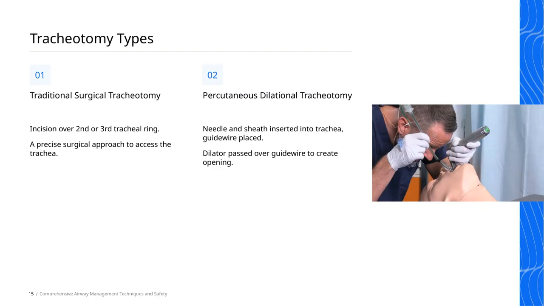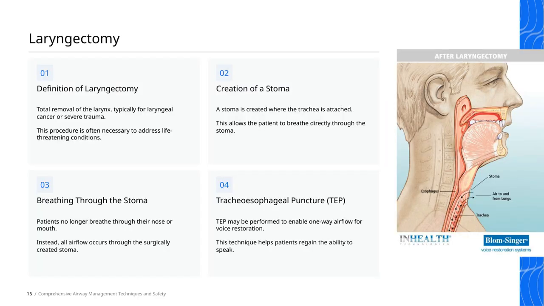Now, let's talk about tracheoesophageal puncture, or TEP, which is a key technique used to help patients regain their ability to speak after a laryngectomy. Essentially, TEP involves creating a small opening between the trachea and the esophagus. This allows air to pass in a way that enables voice production, providing a more natural way to communicate. It's important to understand that after a